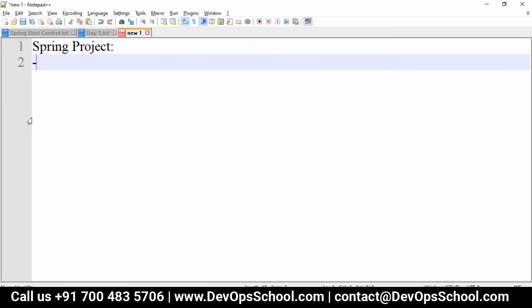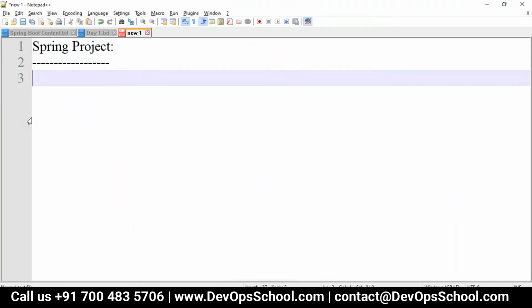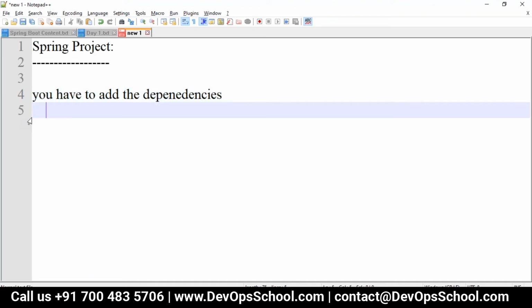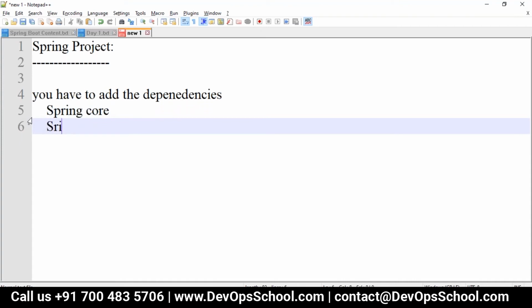So what are all the steps we have to do when you are making a Spring project? First you have to add the dependencies. So what are all the dependencies required? First we require Spring core, then to work with the Spring configurations we require the dependency called Spring context.